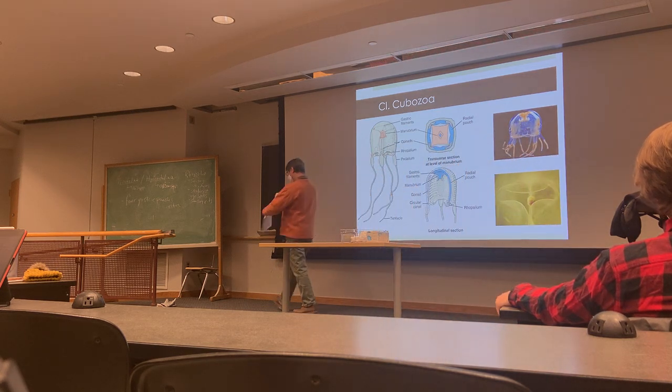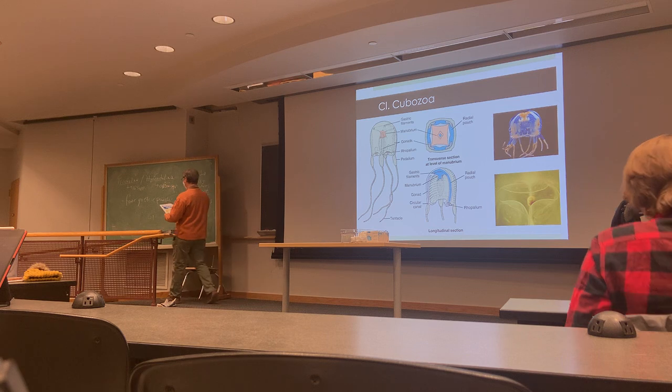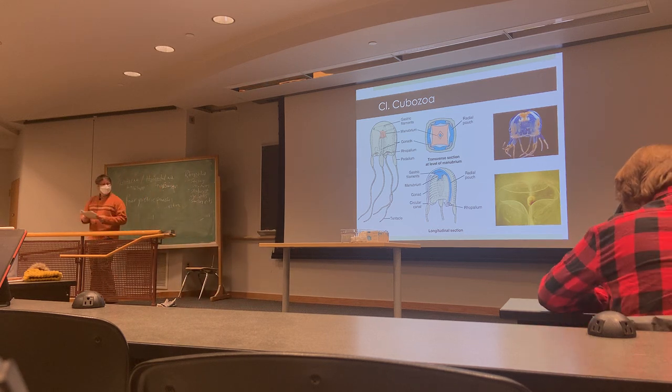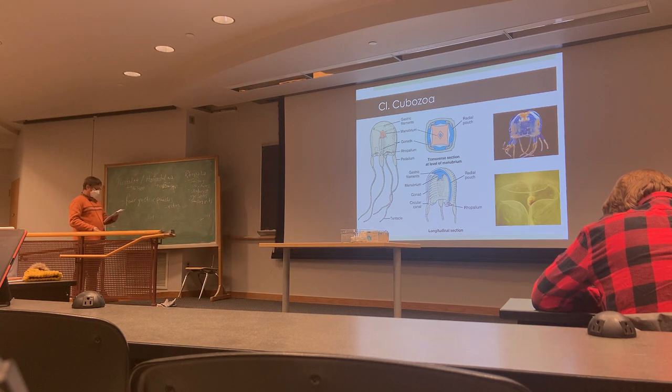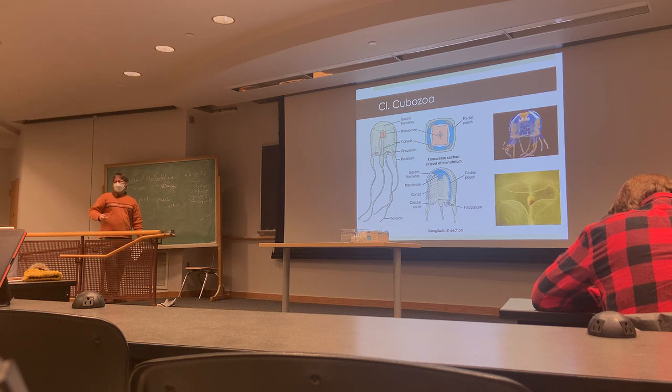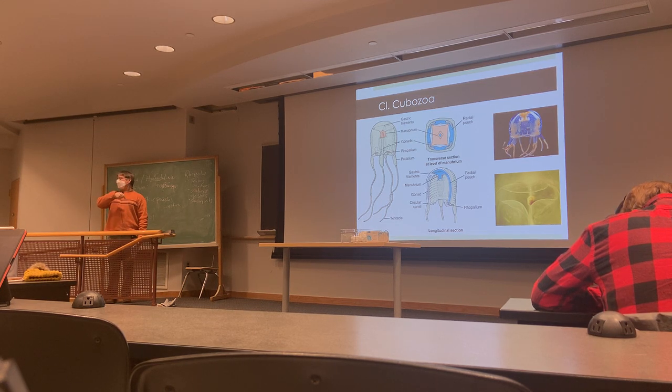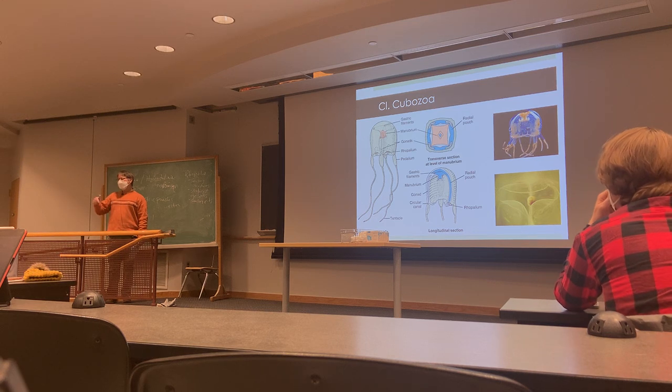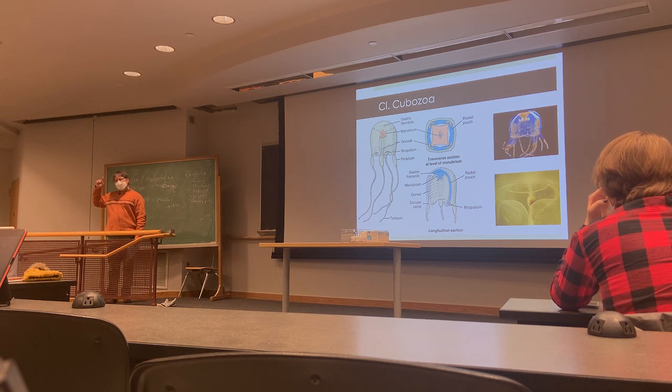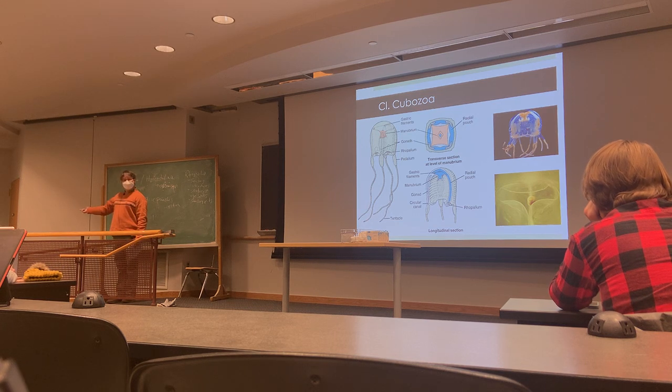Cubozoans are known as box jellies, because of their cube-like shape, their box-like shape. Like shown on the tree and discussed for scyphozoans as well, they tend to be most known for their medusoid stage. But most go through a polypoid stage. It's not just well described for each. You can imagine a medusoid, pretty conspicuous.